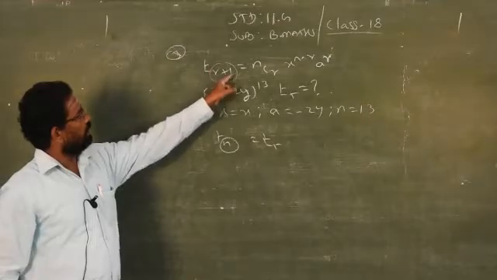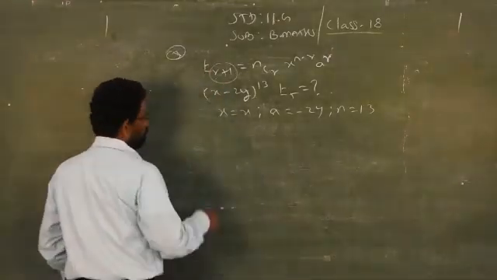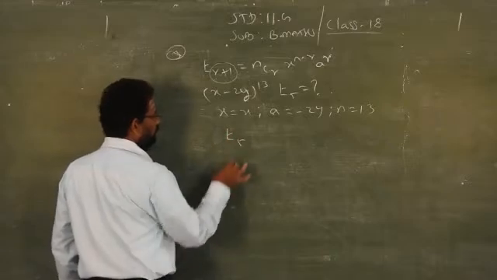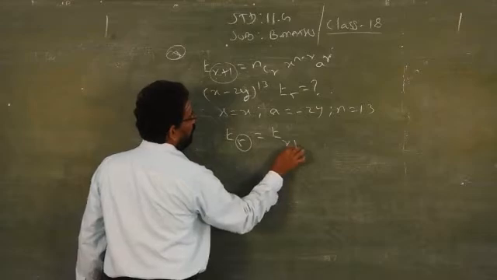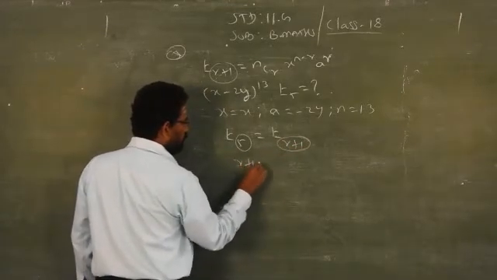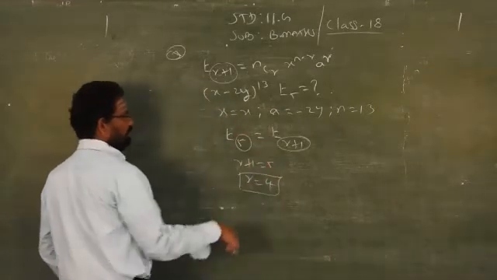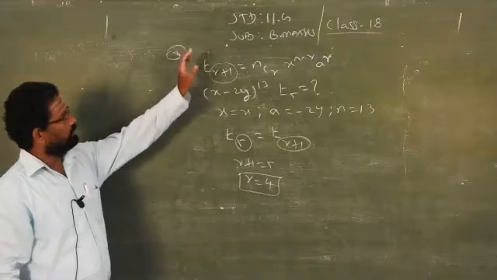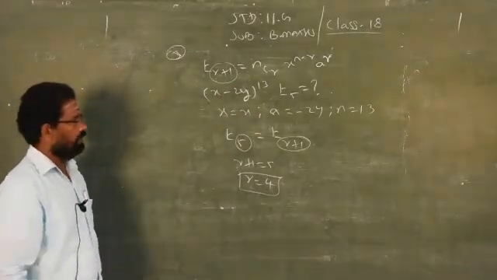But what is given here? r plus 1. What is given here? r plus 1, which means if I am saying T5, when I am comparing this with the formula, 5 is equal to what? r plus 1. So, r plus 1 equals 5, r equals 4. This is the real method to find the fifth term of the binomial sequence by using this concept.